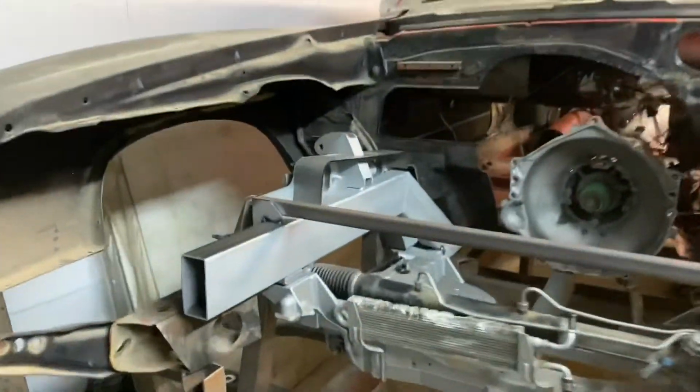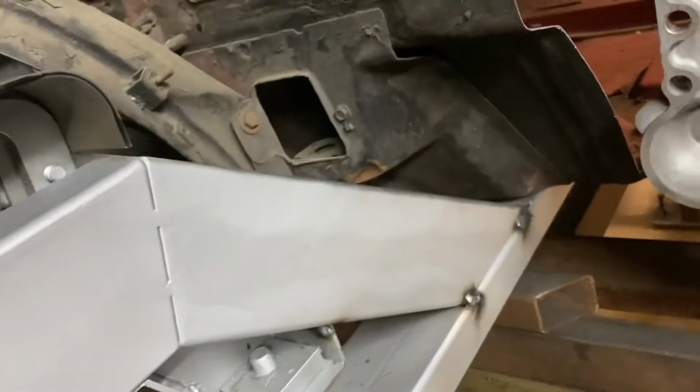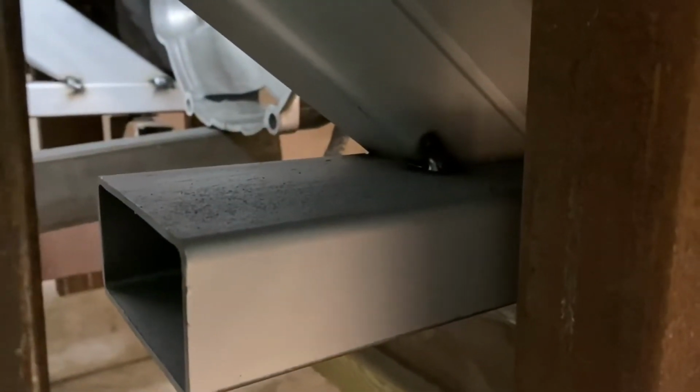Okay, got everything primed up in weld-through primer. And just some tacks at a few locations to hold it all in place on each side, down here, one in the corner there, one down below, and then around here. It's got one on the inside. That one's a little tough to get, but